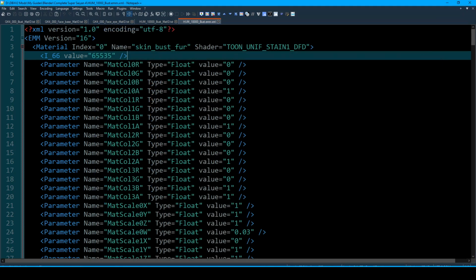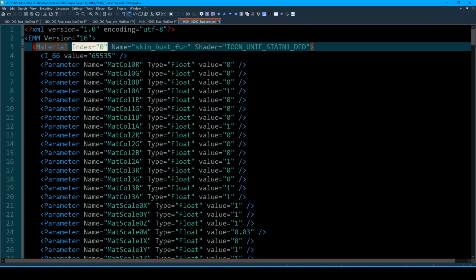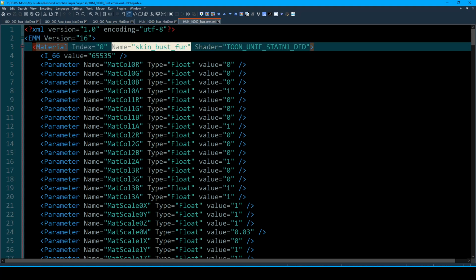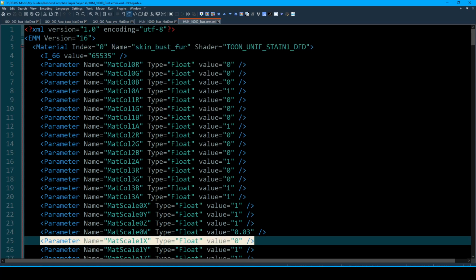You can change the texture index here, that's used for the EMB. You can also change the name to match the model name in the EMD file. You can also set colorable parts in the name section by adding CC00. You can change the shader type used for the model, and then down here at the bottom you can change the color ramp used for the material.